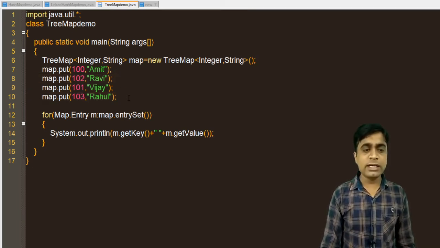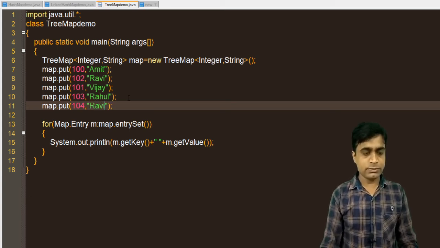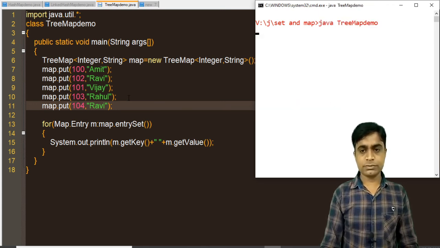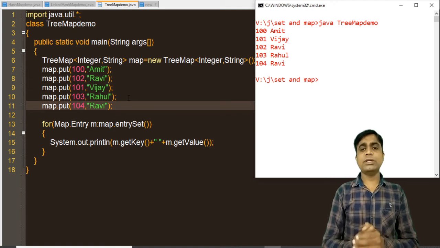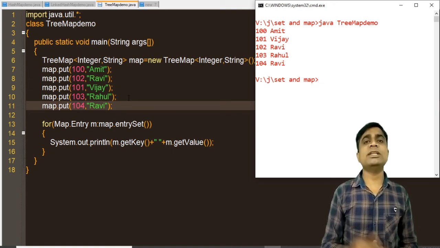Now I am adding specific data with map.put, with the key 104 and my data, Ravi. Now you can see the output here: for 4, it prints Ravi. That is another difference between the set and map interface.